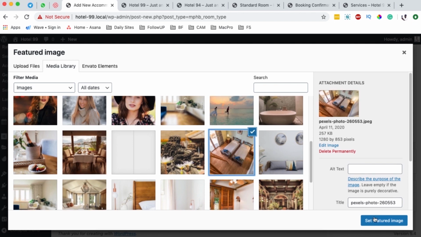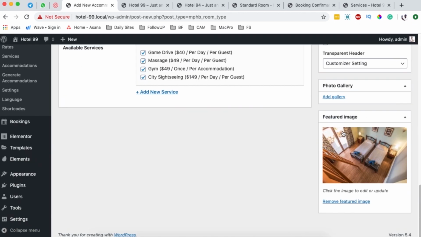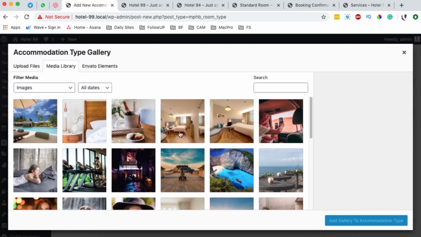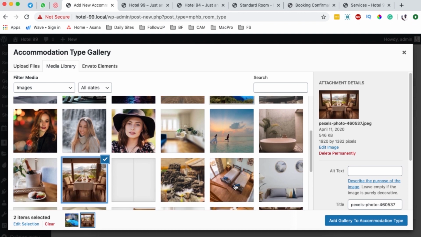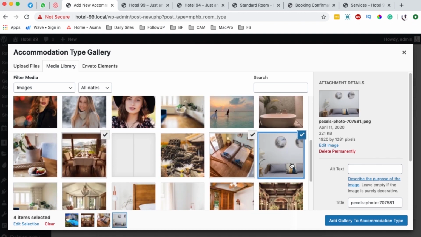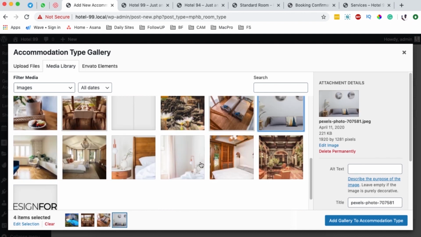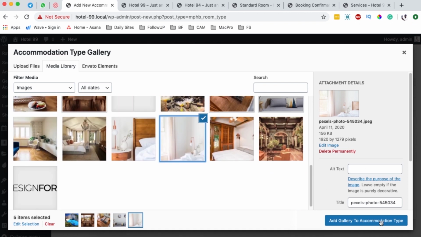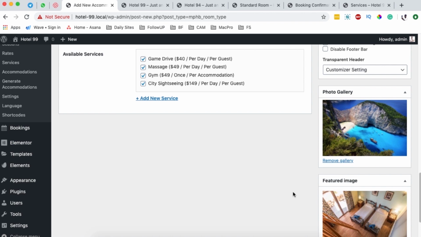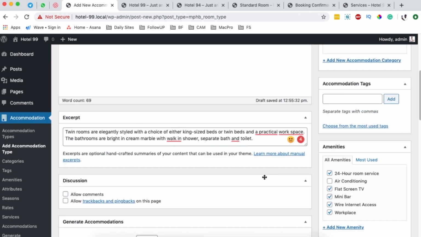So we have our featured image for the twin room, and then we can add the gallery for that specific room. Okay, I'll randomly pick pictures over here to use. And that's all. So we can add or create our gallery for our twin room,